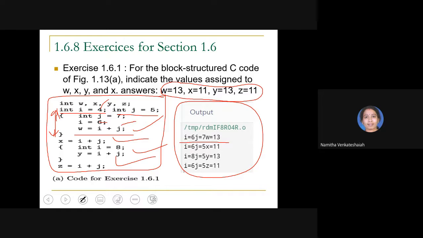And j, which j value will it take? You have two declarations of j, one here and one here. Obviously, within the block, whichever value is declared, that will be taken. So 6 plus 7 will give you 13. So when you have two declarations, one outside the block and one inside the block, we will have